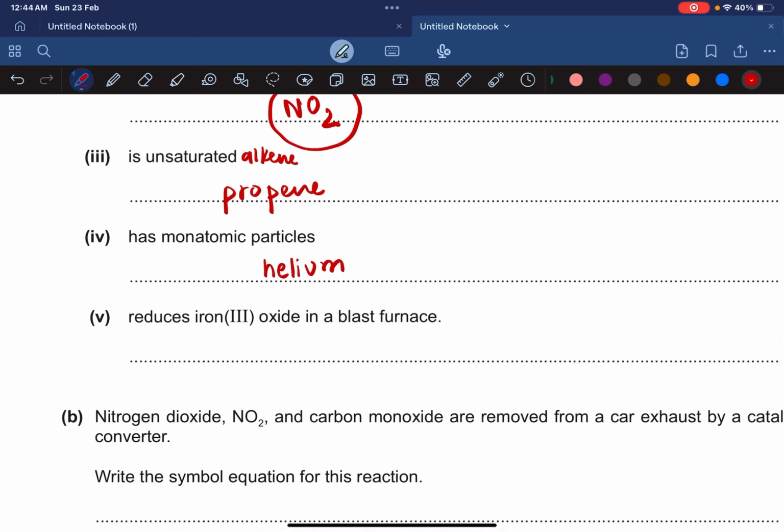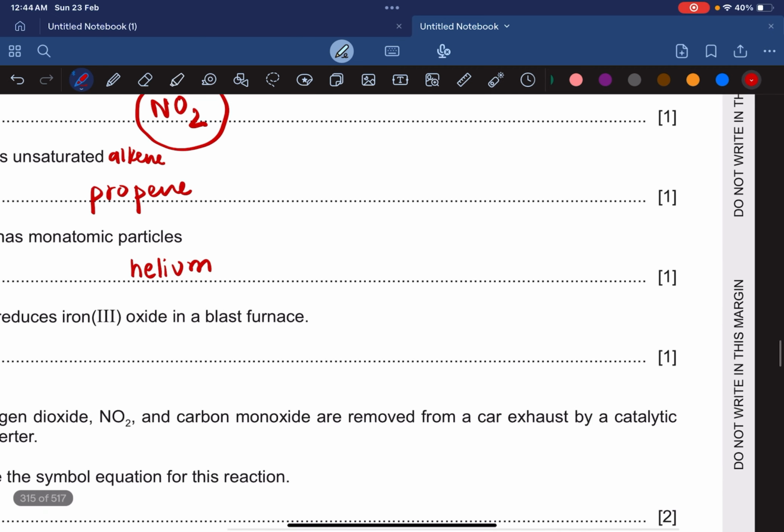Reduces iron 3 oxide in the blast furnace. Okay, you should know the equation for the blast furnace by heart. That's a very important equation. That was that you take iron oxide, iron 3 oxide plus 3 carbon monoxide, and this is your reducing agent, and it converts it into 2Fe plus 3CO2, and basically your